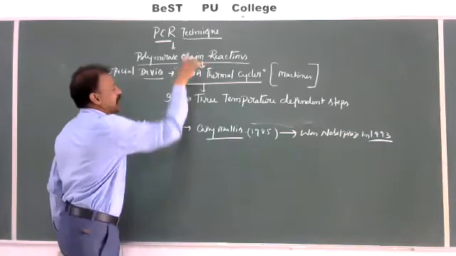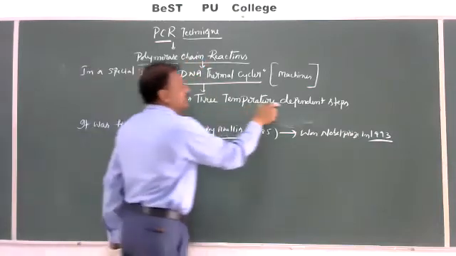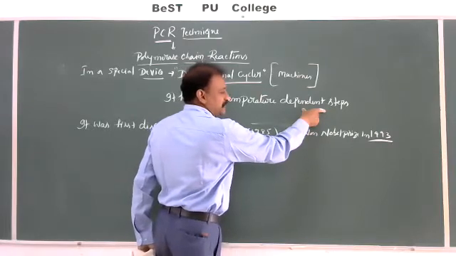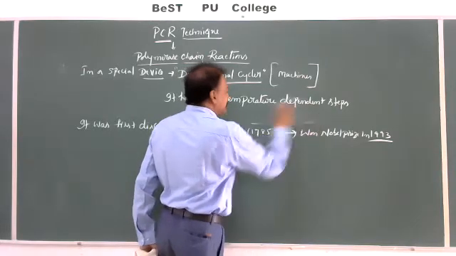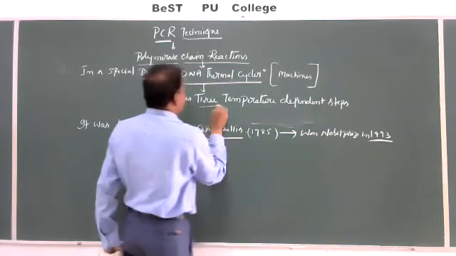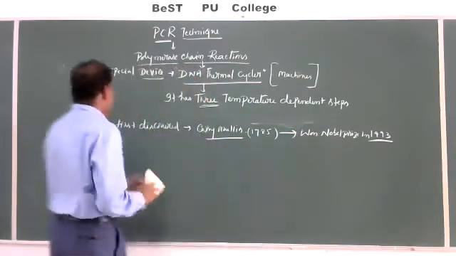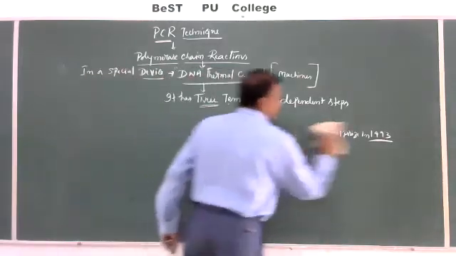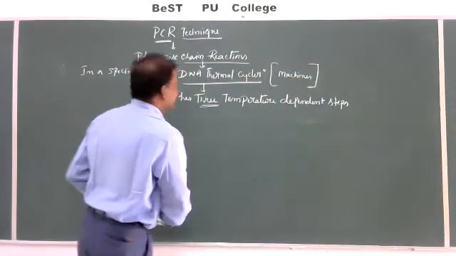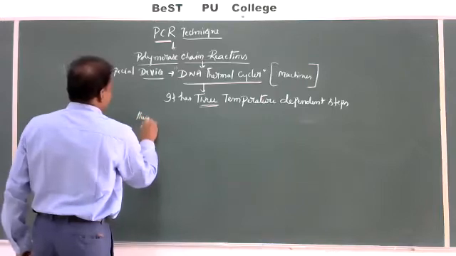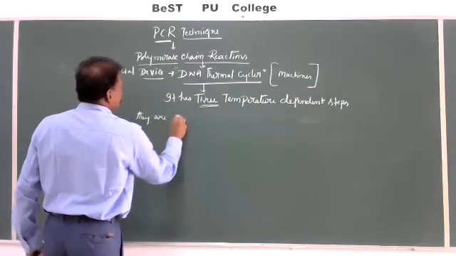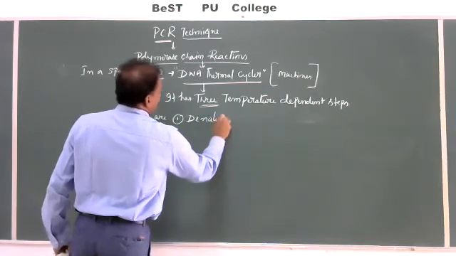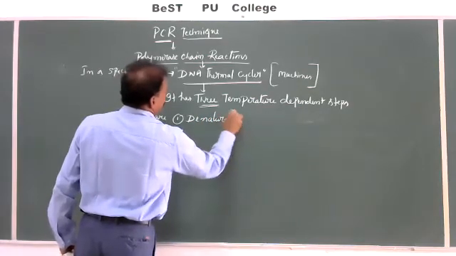In this chain reaction, 3 steps make 1 chain reaction, 1 cycle. These 3 temperature-dependent steps are: denaturation, first step,